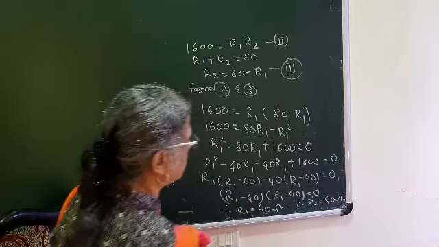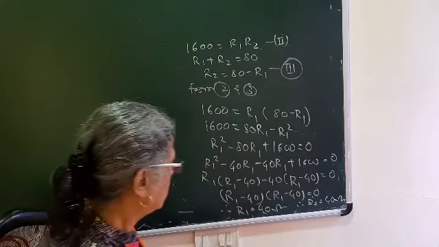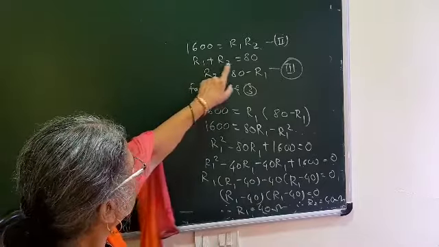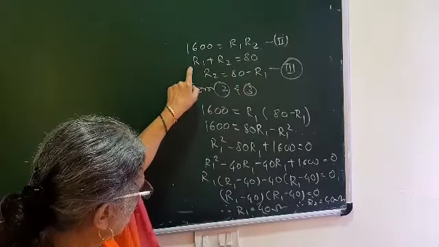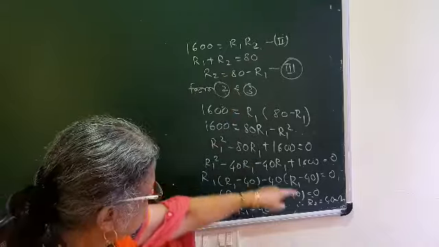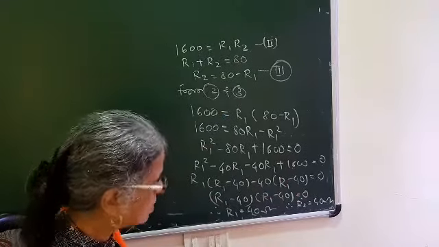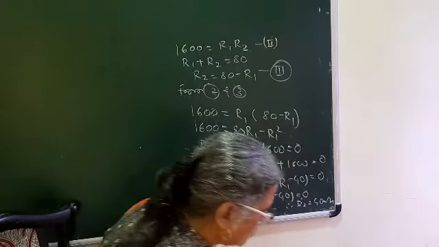As R1 plus R2 we want 80, and we have already found R1 as 40 ohm, then R2 must also be 40 ohm. So that is a slightly different sum. So you have to practice a bit more.